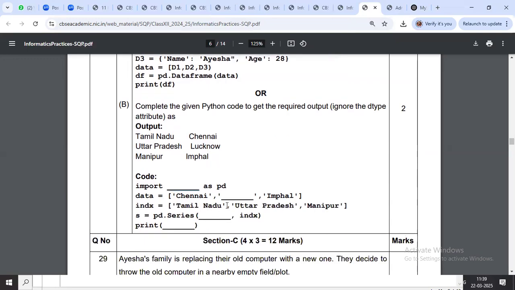फाइंड द आउटपुट, इंपोर्ट पांडास अपने आप से लिख लेना. देन डेटा शुड बी एज गिवन इन द क्वेश्चन. डेटा क्या होना चाहिए क्वेश्चन में, देखो आपको डेटा वहीं से मिलेगा. इंडेक्स में क्या होना चाहिए, अगर यहाँ पे कहीं फिल इन द ब्लैंक होता तो आप क्वेश्चन में देखो, आपको क्वेश्चन से ही आंसर मिलेगा. देन सीरीज कैसे बनाते हैं, पीडी डॉट सीरीज करके बनाते हैं, यहाँ डेटा लिखते हैं या इंडेक्स लिखते हैं. अगर इंडेक्स नहीं लिखा है तो डिफॉल्ट इंडेक्स हो जाता है. प्रिंट के साथ जनरली सीरीज का नाम आ जाएगा. So you can very easily get 2 marks for such